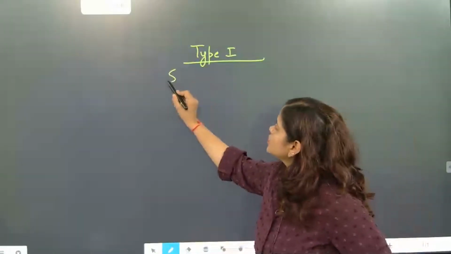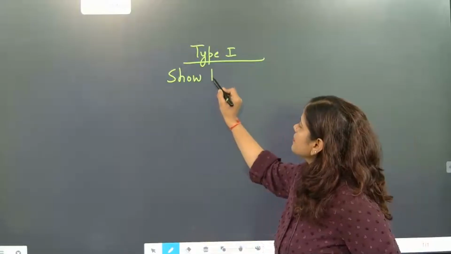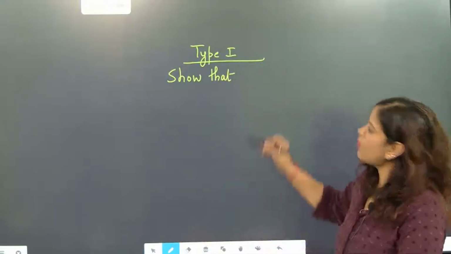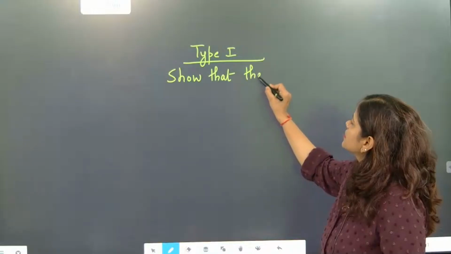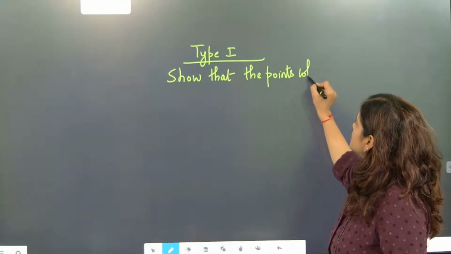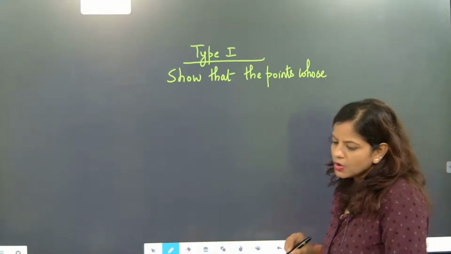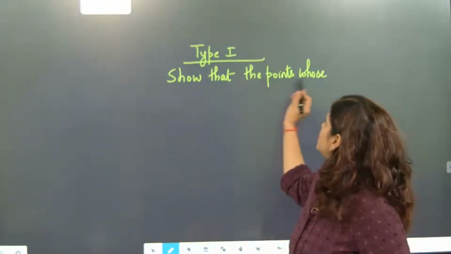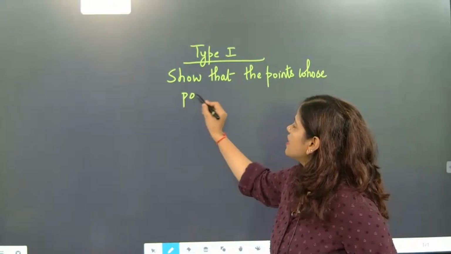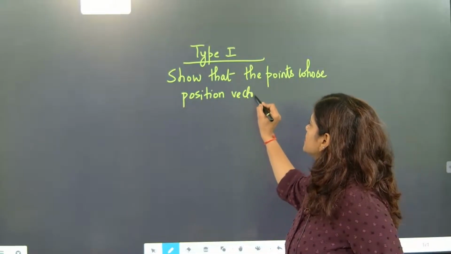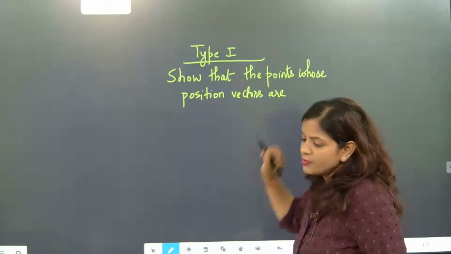The question is: show that the points whose position vectors are, because they are given as position vectors,